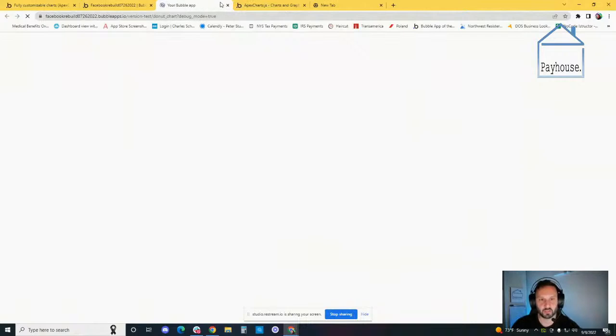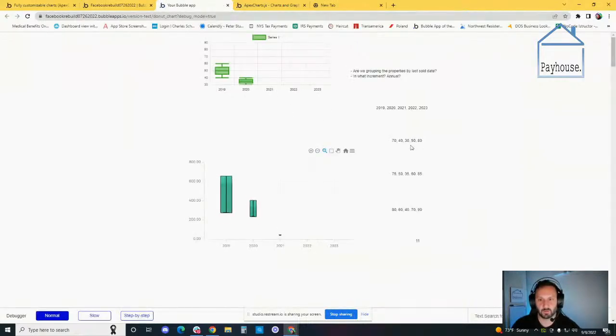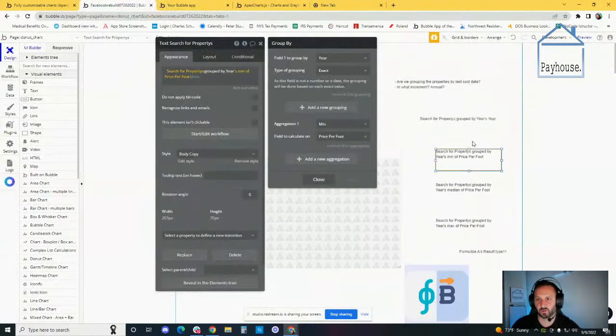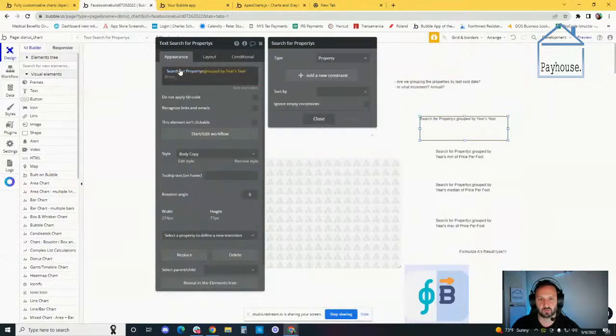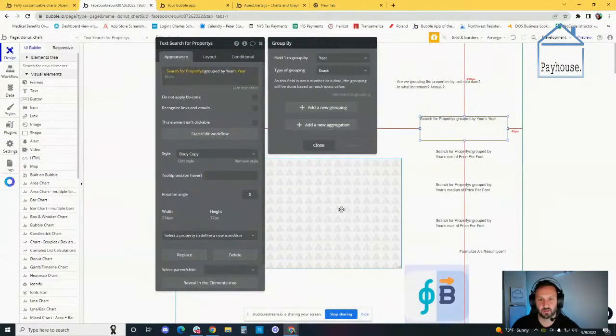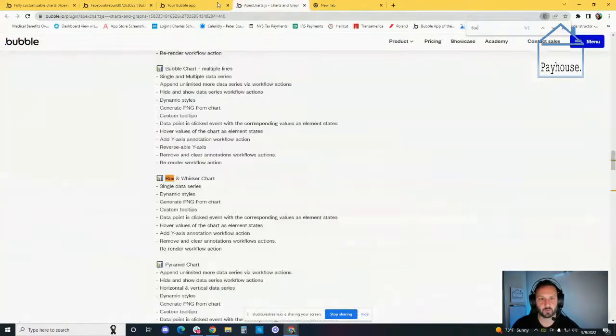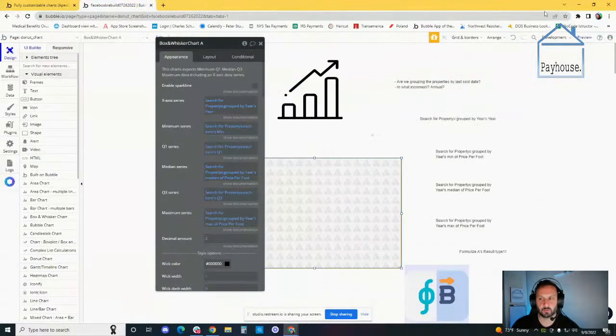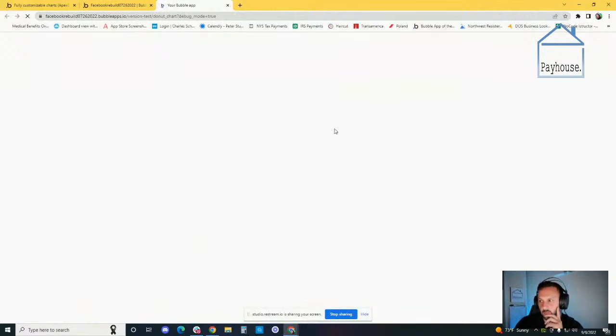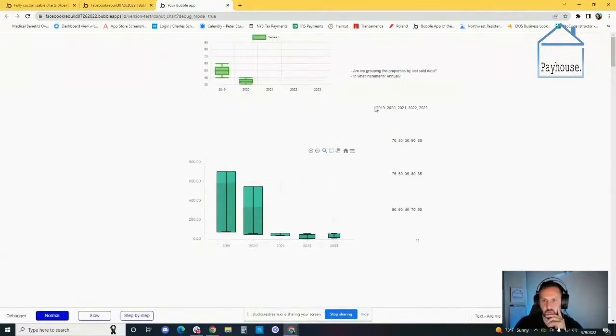So it's calculating the minimum, and then you can see, right? First off, I should have started with the grouped by year. So just search for properties grouped by year. That should be the top. Search for properties grouped by year. Yep, and that seems to work. Okay, so that one. I've got to get rid of some of this stuff. Okay. Search for properties grouped by year. And then